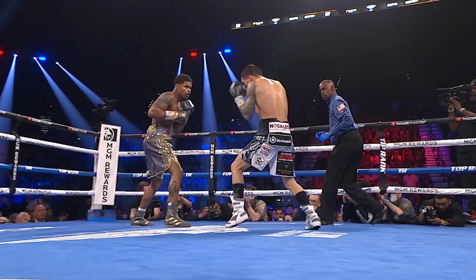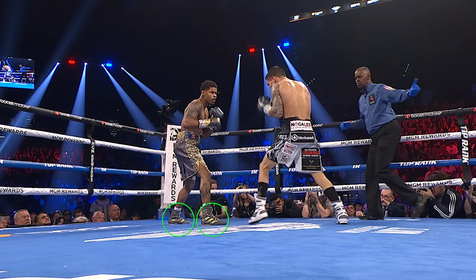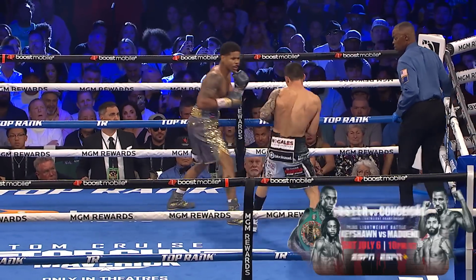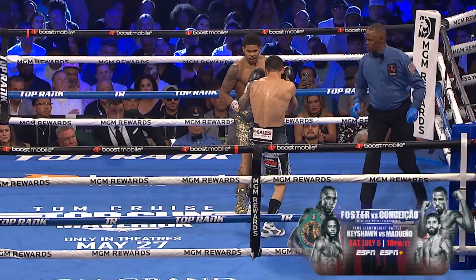Shakur then mixes in some lead hand control by pawing or probing with his right hand to re-establish his distance as he is stepping back. While doing this, he maintains proper foot technique by first stepping back with the rear foot before re-establishing his boxing stance with the front foot. He then throws a series of punches from this range, including a left to the body that he sets up with a blinder. We'll look closer at his use of the lead hand in a moment, but first, let's continue